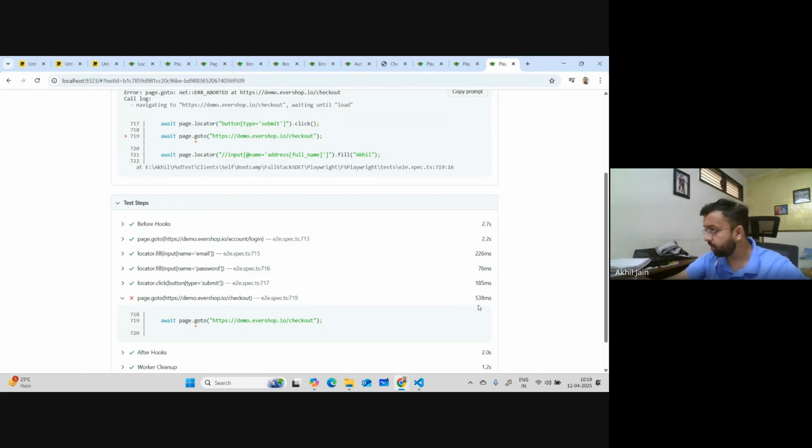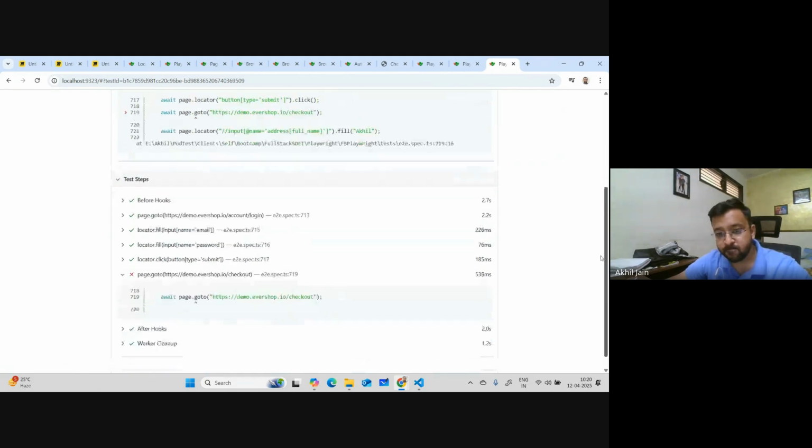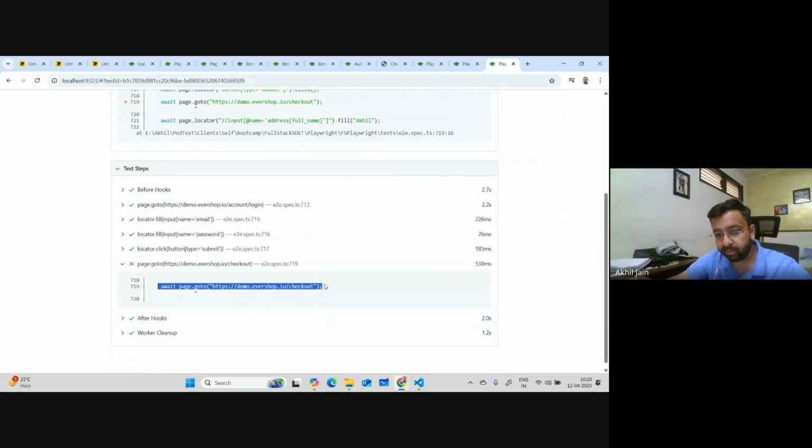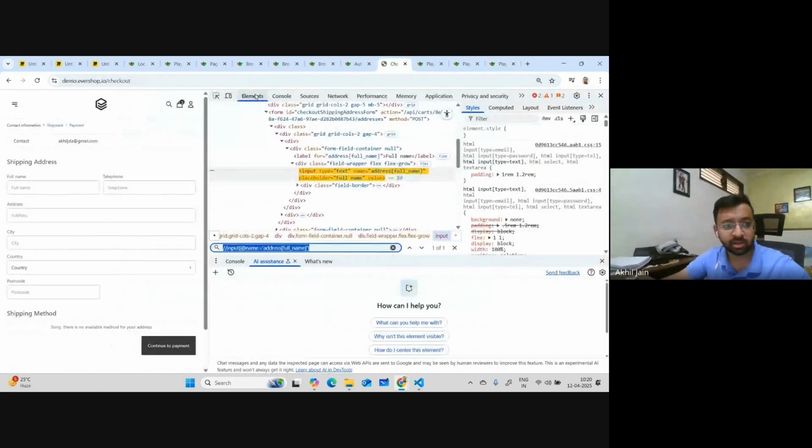So it is not bounded by that navigation timeout. What is happening here is, navigating to this, waiting until load. What I'm trying to tell you here is that it failed here. Why did it fail here? We are using a single page application, right? And if you see this, if I load this page,